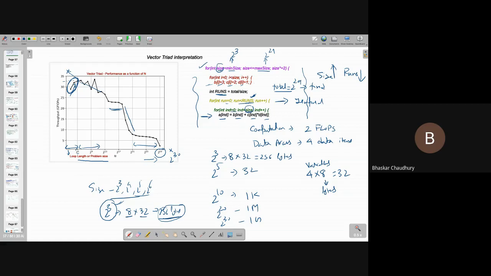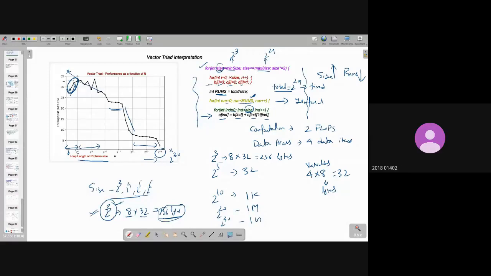So that would have given me the best result. That should have given me the best results actually, but it is not, in fact. So it is starting from here and then gradually it is going up. Why is that happening? Actually, initially it is not using the complete cache memory, but until it uses the complete cache memory, it will increase. Then it should saturate.